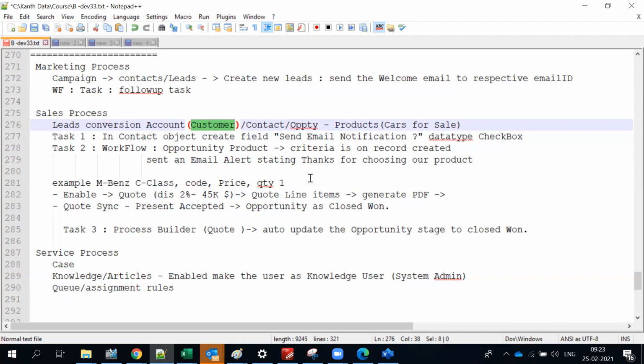CRM is a thing that anything can match with, because it's a daily conversation where you want to maintain a relationship with either the customer or your business owners. We have to have a relationship. Likewise, sales, service and marketing would always be there. The same thing you can give, a welcome to the respective